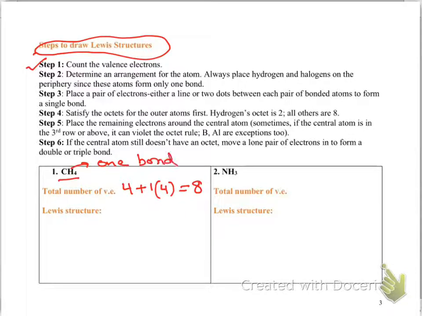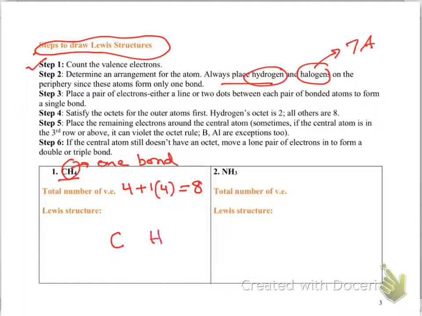So any element that is making only one bond has to be at the end. Hydrogen and the halogens, the 7th A group elements, make one bond, so they have to be at the end. They cannot be in the middle of two elements, otherwise they're going to have at least 2 bonds. So we're going to put carbon, and then we put what is left, hydrogen.